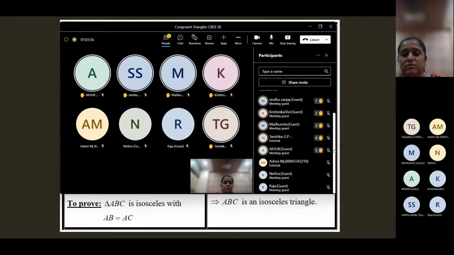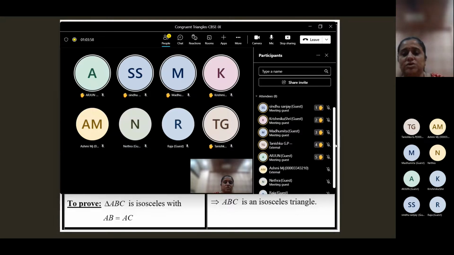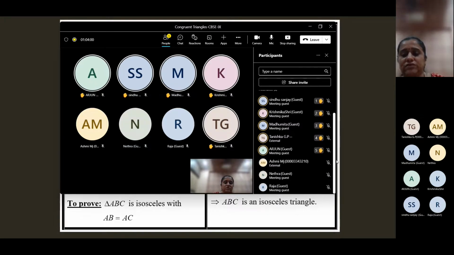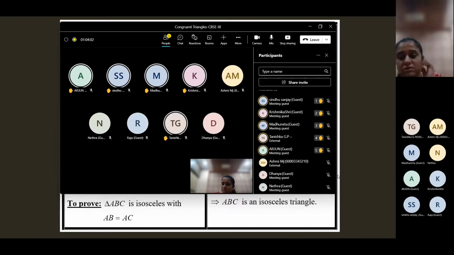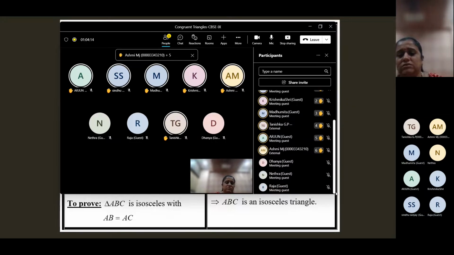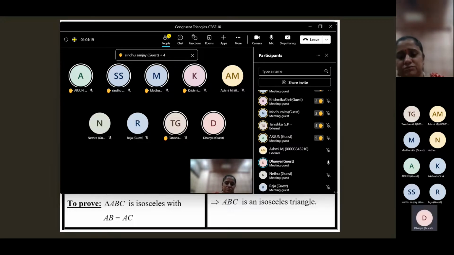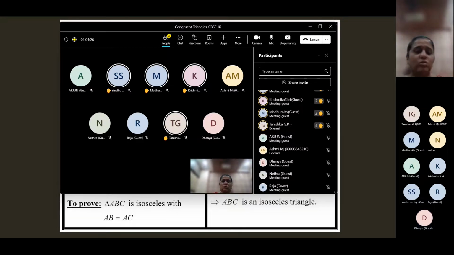Okay. Sanjay, Sindhu, Krishmika, Madhumita, Tanishka, and Arjun have finished. Srijana? Ma'am, I have only one question left, ma'am. Okay. Danya, you were not in the meeting for some time. Why? Actually, my network connection was unstable and had a lot of problems, ma'am. Now I just joined with mobile hotspot. Sorry, ma'am. All right.